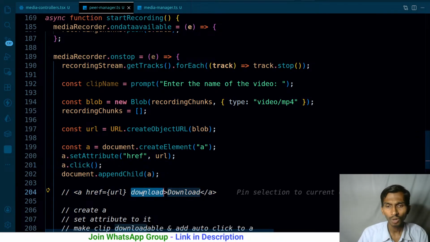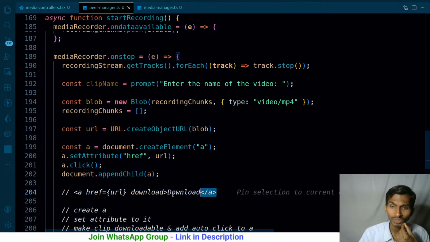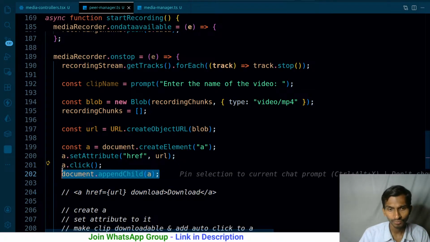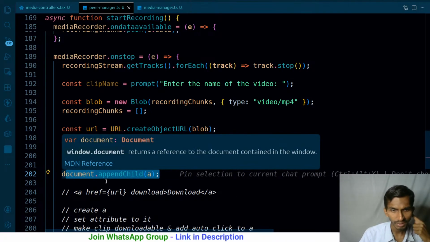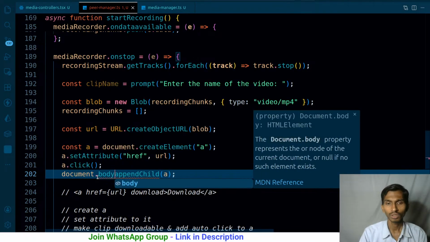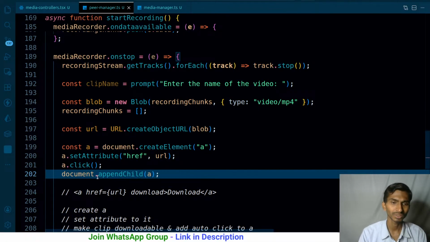One thing is missing. How do I add this download property? Because at the end I have to make it something like this, and I have to add it to the document model. What document? I have already done that. You can even name it like this, document dot body dot appendChild. It's completely up to you. I'm just gonna be doing this much. Download.